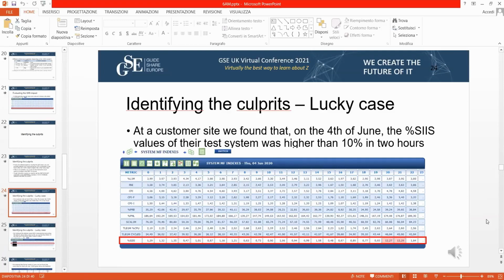You see it was slightly higher than 12%. So in those 2 hours, definitely there was something running on the system that could create this situation where the system was spinning because there was a storage into instruction stream issue in the code running at that time.